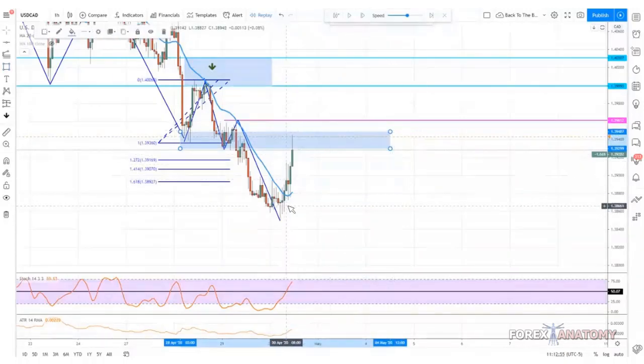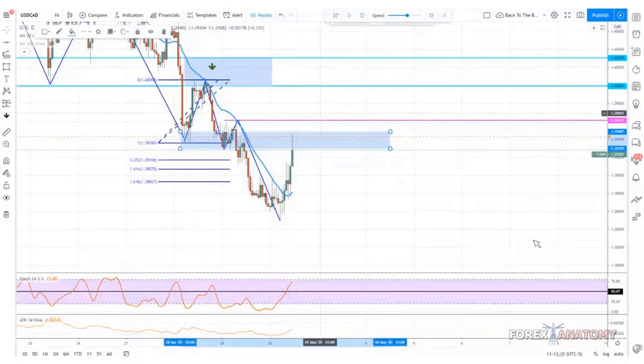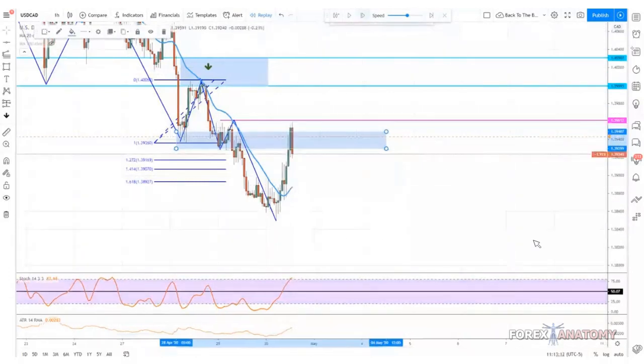But the reason why I'm not selling is because the 20 simple moving average is starting to slope upwards, and also this is near a 100% retracement. So it shows us that momentum is changing, exactly, that momentum may be changing to the upside. So let's just see what happens, right? Let's just keep going. So we get a full 100% retracement.